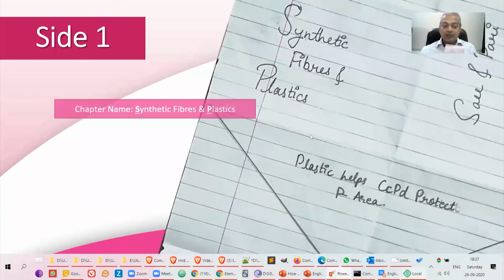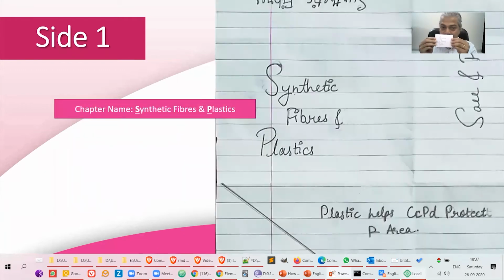Then comes the chapter name. This is where we start with the chapter name. Now, how are we going to use it? If you stay with me for a while, you will start seeing the advantage of this technique. I start from the side where I have written the chapter name. When I want to review my chapter, I start with the chapter name, where it is written synthetic fiber plastic.